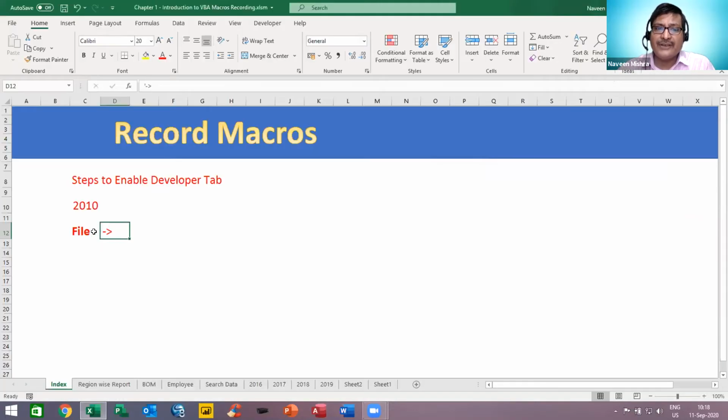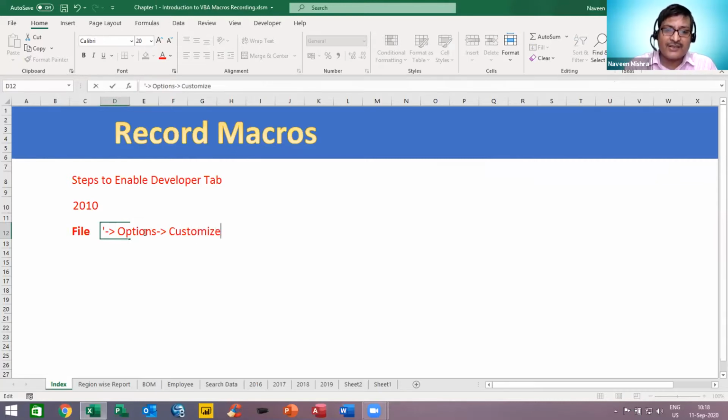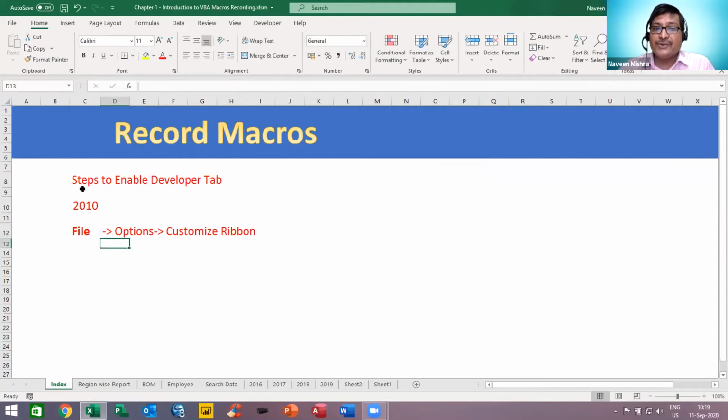The steps are very simple. File, then click on the options. Under option, what we can do, we can simply go to the customize ribbon. So how to enable developer tab in 2010?